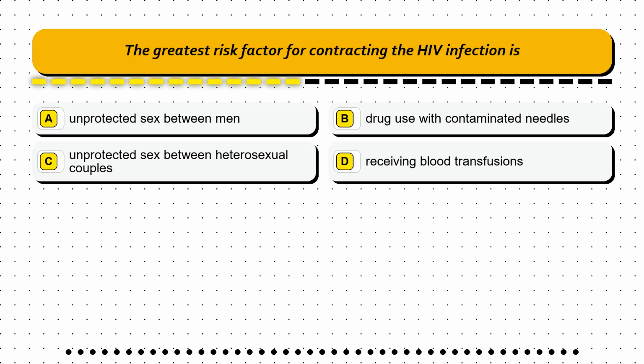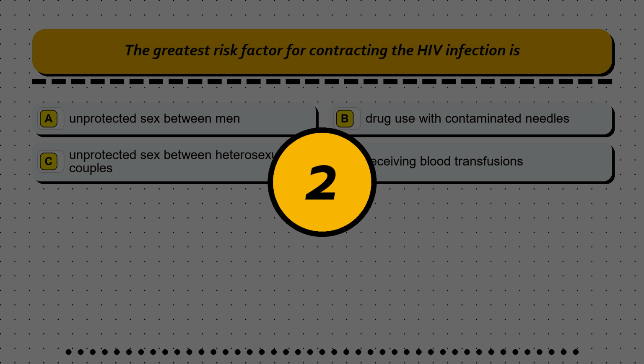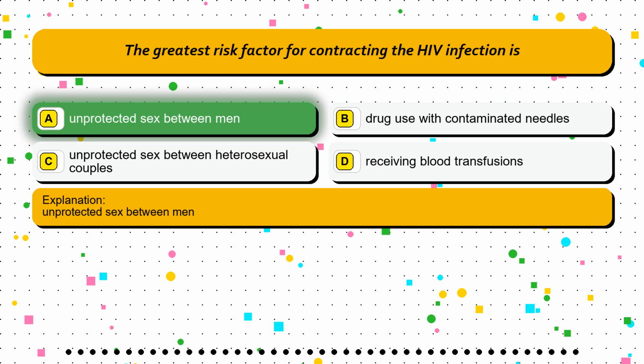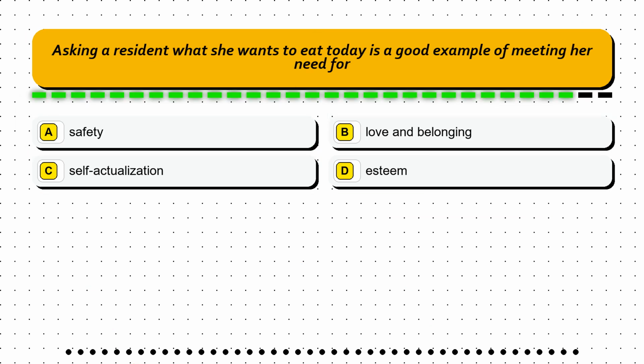Option B, drug use with contaminated needles. Option C, unprotected sex between heterosexual couples. Option D, receiving blood transfusions. The correct answer is option A, unprotected sex between men. Question 40. Asking a resident what she wants to eat today is a good example of meeting her need for: option A,